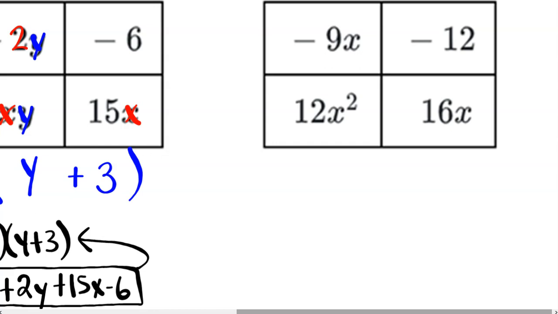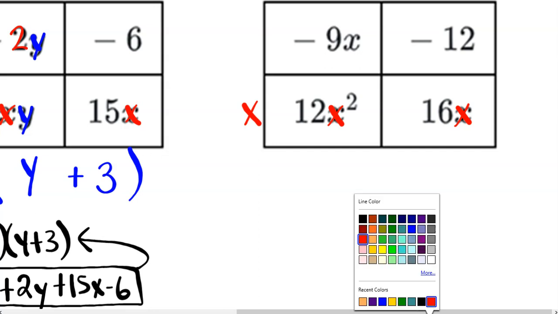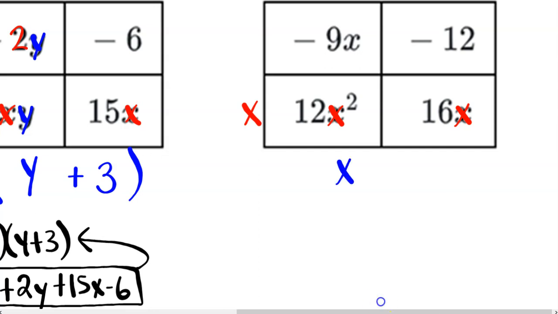Okay, so we've got 12x squared, 16x. So we've got x's here going across, which means I need an x here, and that's an x squared. So I will go with an x here. And that takes care of that x squared. And so now we're good with that. And then we have to get a 9, and we also have to get a 12. So if I focus on this 12 and the 16,